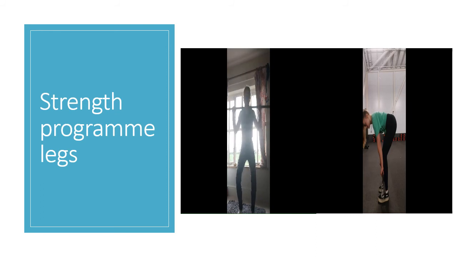pistol squat. Bulgarians can also be used. Stood in a lunge shape with the back foot elevated, lunge down until the knee is just above the floor and then press back up to straight legs. To regress this, normal lunges can be used, and to progress, weight can be held in one hand,